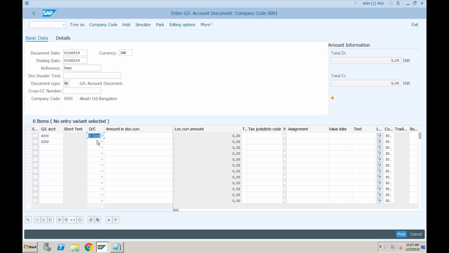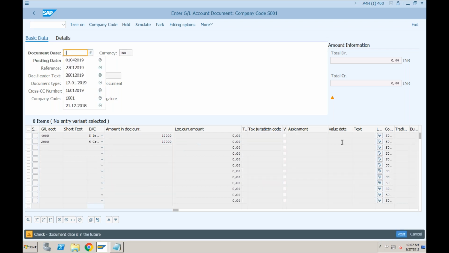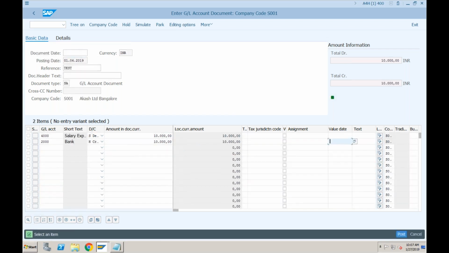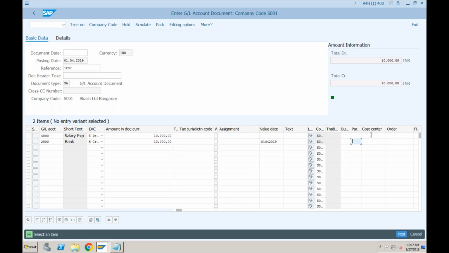Maybe this time I will create a template instead of entering this again and again. Value date. Then the cost center. Okay, let's try to post. Enter the valid dates.